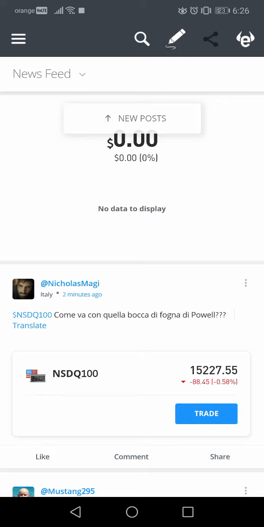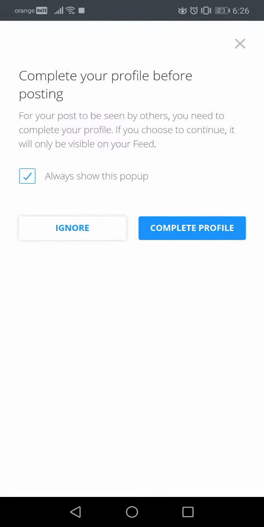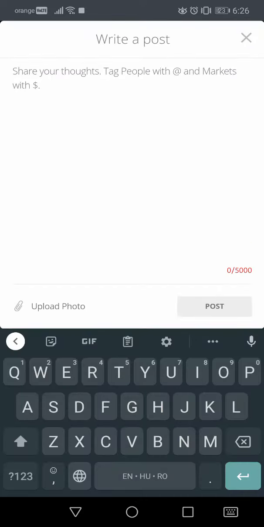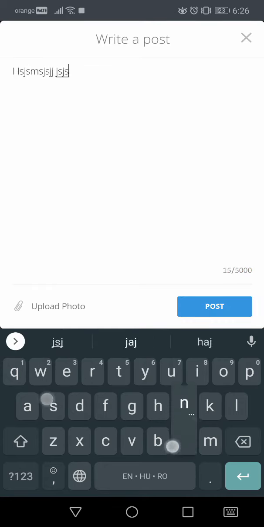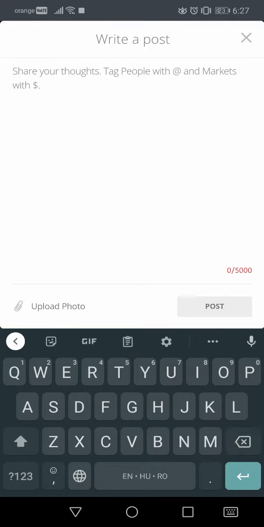So how can you post here in the newsfeed? First you have to tap on this little icon in the top with the pencil, and if you tap on it, you can start typing anything that you want to post about. You can also upload photos. You can also tag other people or